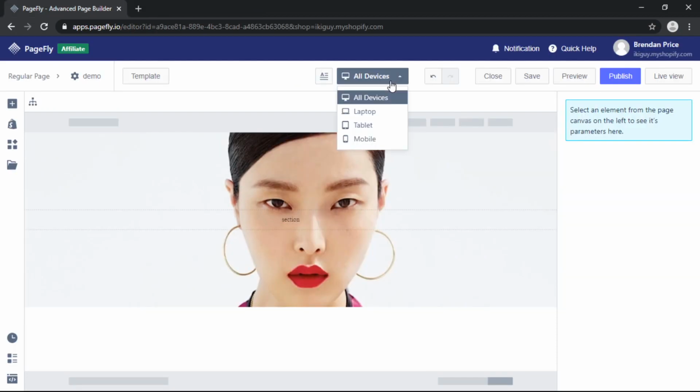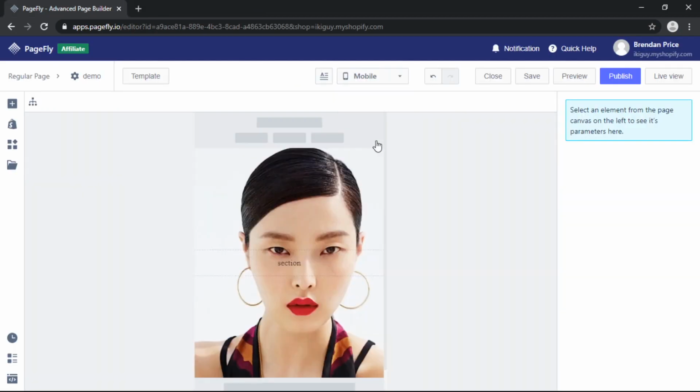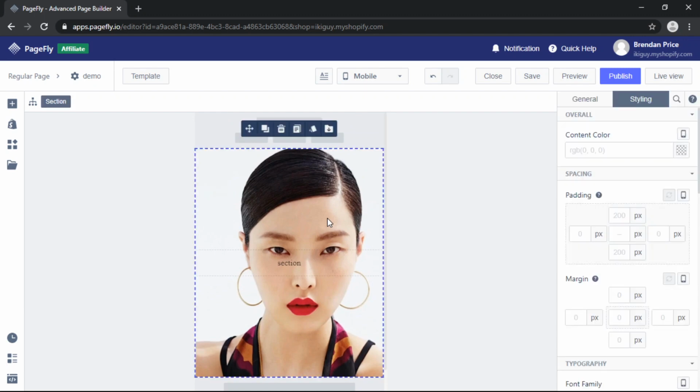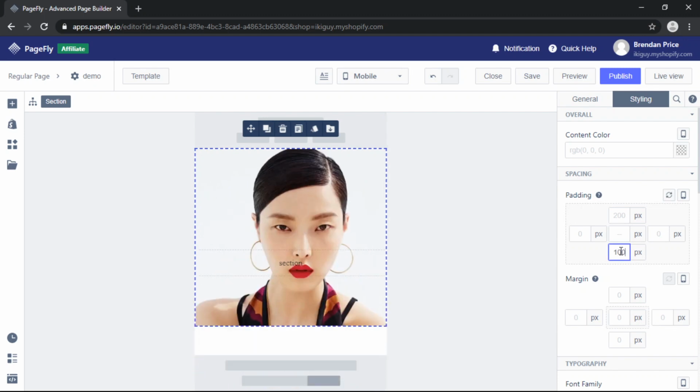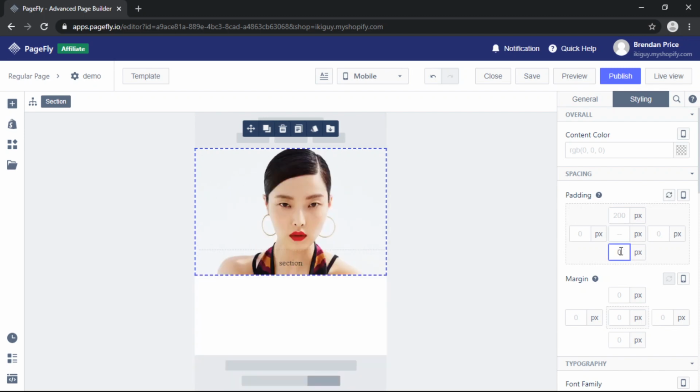So as I spoke earlier about the margin and padding being affected from mobile view, we can see this image is now taking up quite a significant portion of the mobile view. So what we want to do is click on it and then just remove a little bit of this padding. We can either change it to a lower number or set it to 0, so it looks more pleasing to the eye when viewed on a phone or another smart device. And once again, to view this in real time, we will publish it, click Live View,